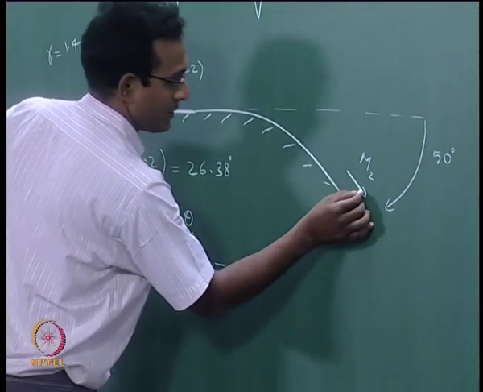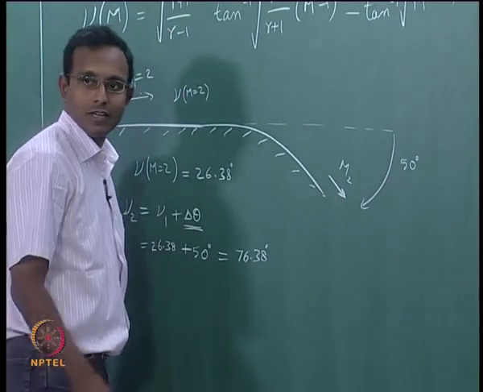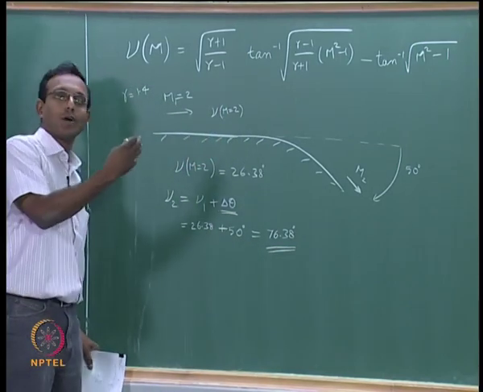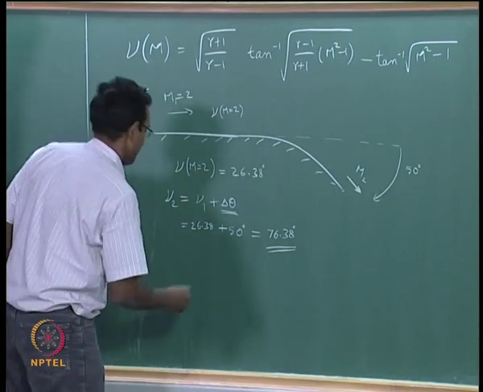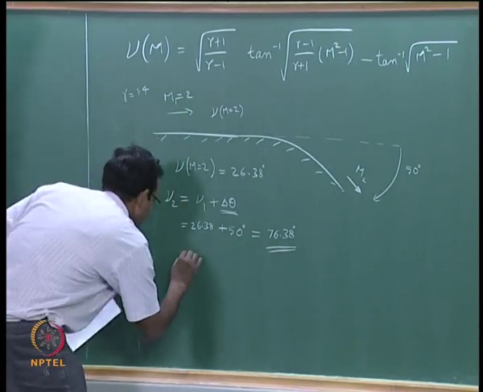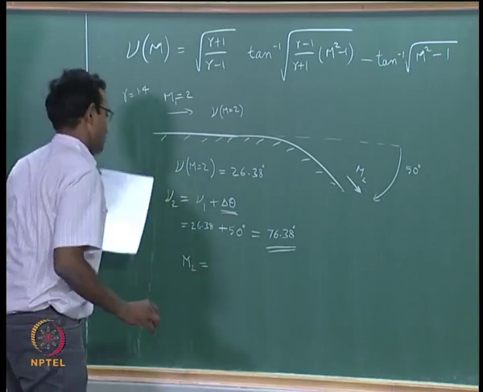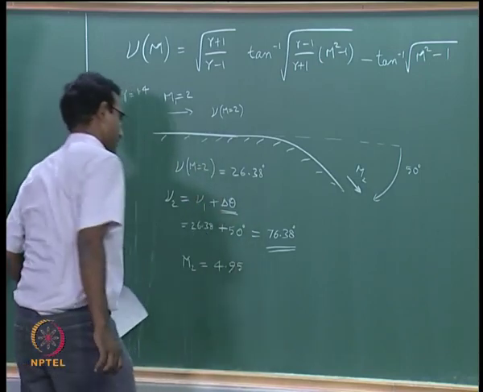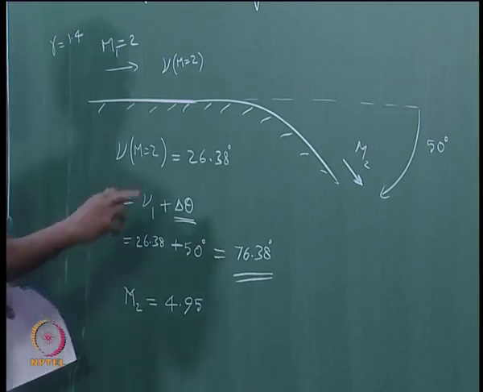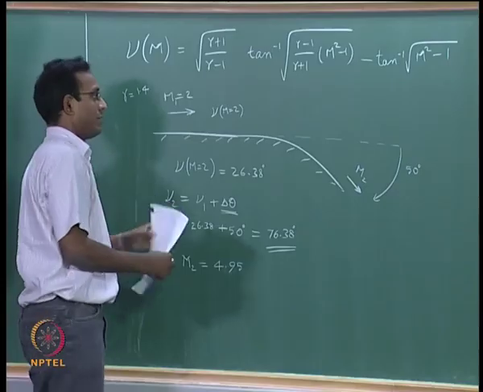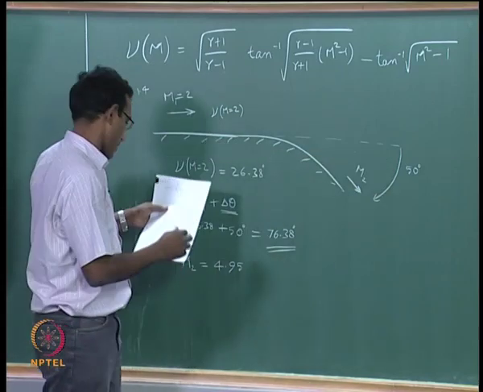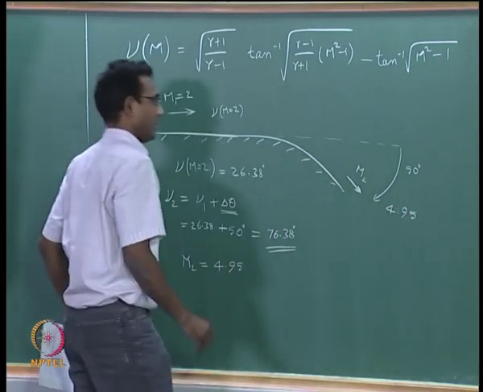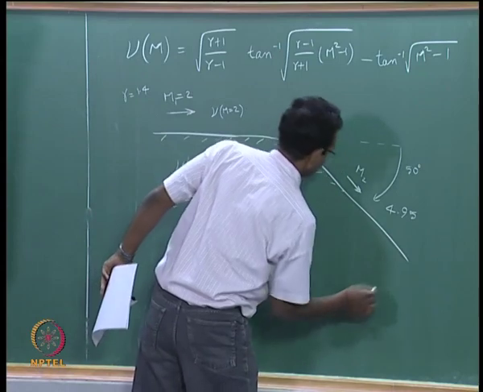Now I know that this flow will reach a Mach number such that it will have 76.38 degrees as the Prandtl-Meyer function. So what I have to do is go back to that plot and read out 76.38, what is the Mach number. Instead of doing that from the plot, I am doing it from my tables in the compressible flow tables book, and I am getting that Mach number to be 4.95. What has essentially happened is my Mach 2 flow, when it expands over this corner, has gone to a point where it is having a Mach number of 4.95 here. That is what has happened. I am assuming that after this it is going just straight, it is not changing anywhere.